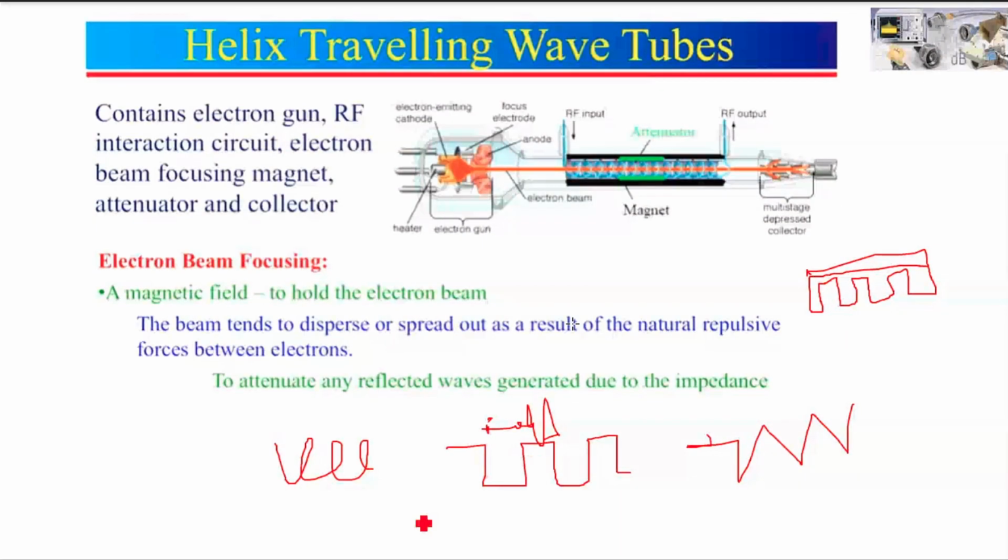So these are different structures. They may ask, why do we use slow wave structure? We use it to slow down the movement of electromagnetic waves such that the interaction between the fields takes place properly. So there are different types of slow wave structures. This is helix type, which is shown here. This is folded back line. This is zigzag line. This is corrugated waveguide. So these are different types of slow wave structures.